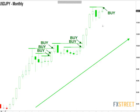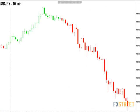Now, we realize a lot of people aren't going to hold positions based off monthly bars. It takes a large account to do that. Plus, there's a lot of risk involved. So let's go to a 10-minute time frame. This was on the 20th, which was Friday. Okay, this is a 10-minute chart of the dollar yen on Friday, which was just the day before today's trading,